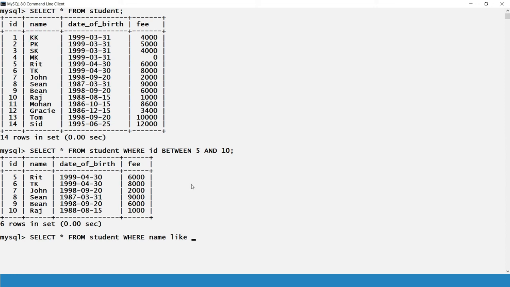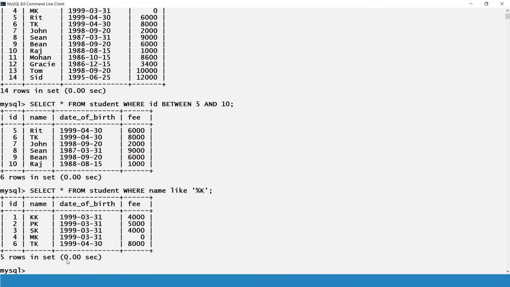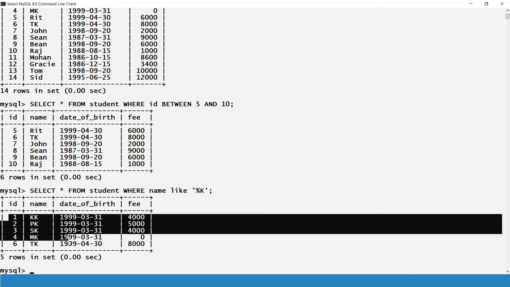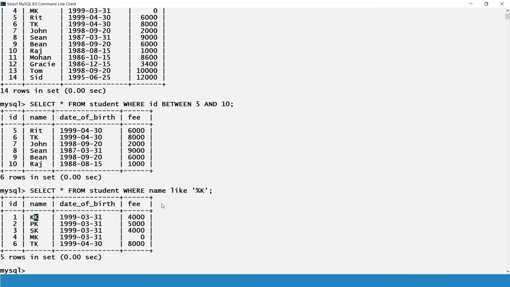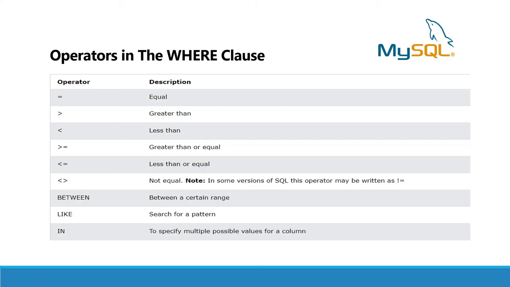So here like, and in single quotes I'm going to write a percentage sign and k. I don't care what comes before k, but the last character in the name should be k. If I press enter, you can see all the student details whose name ends with k have been selected. That's how you can apply the like operator.